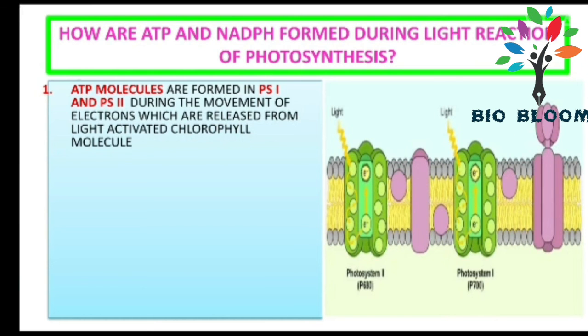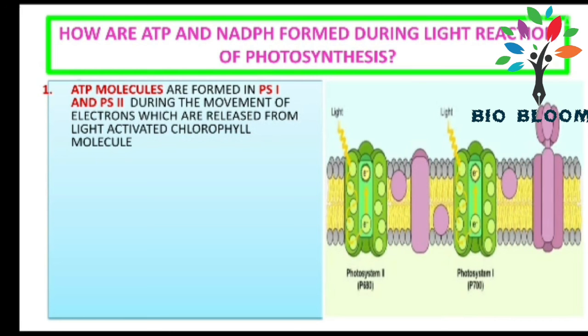Here, what is the picture you can identify easily? This is a thylakoid and piled-up grana. Light is trapped by the grana, and here the particles, the pigments, accessory pigments, and that is the reaction center. At the bottom, photosystem 2, that is P680, and photosystem 1, that is P700. What is this number? It is nothing but the wavelength of light it absorbs, in nanometers. P680 absorbs light of wavelength 680 nanometers, whereas photosystem 1 absorbs light of wavelength 700 nanometers.